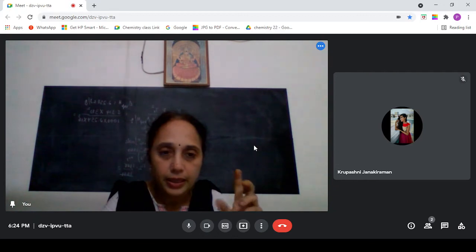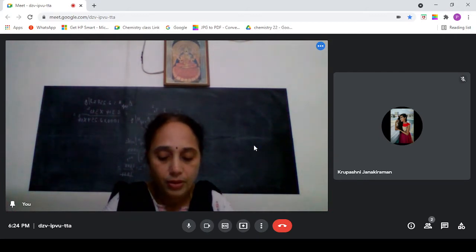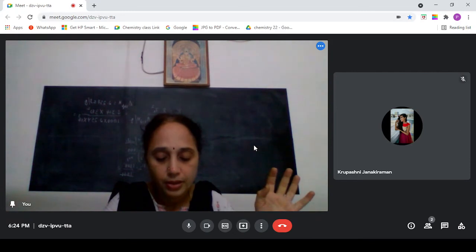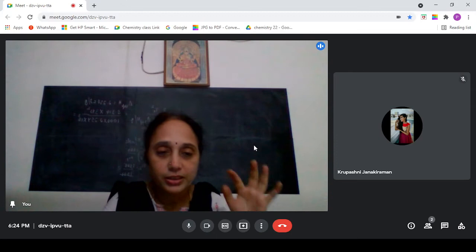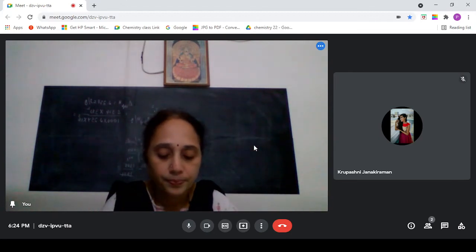You just write delta TB is equal to KB into M. Substitute that M, KB into W2 into 1000 by M2 W1. Then you arrange the formula in such a way that you put W2 on the left hand side. So W2 will be delta TB M2 W1 by KB into 1000. Just substitute. First write the formula delta TB is equal to KB into M. That's the first thing. If you remember, then you can manipulate accordingly whatever they have asked. Then it will be just one step.